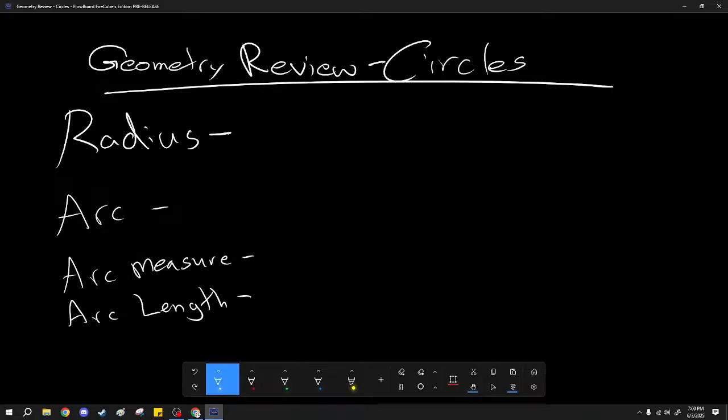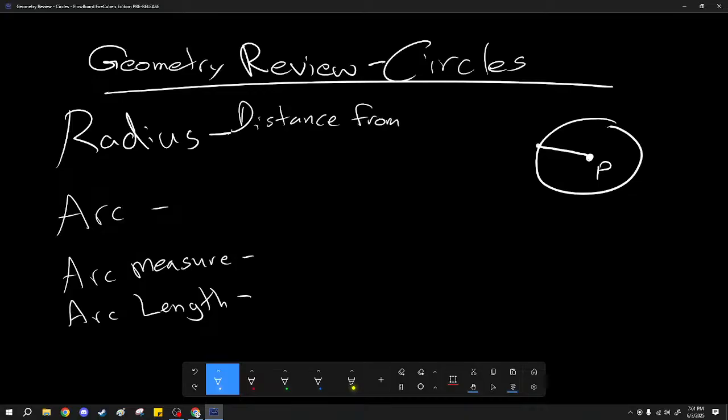Radius. The radius of a circle. So let me go ahead and attempt. I'll try that again. Close enough. Here's a circle, and here's a point in the center. A radius is the distance from the center of the circle to the edge. So any line that goes from the center to the edge of the circle is a radius. Distance from the center of a circle